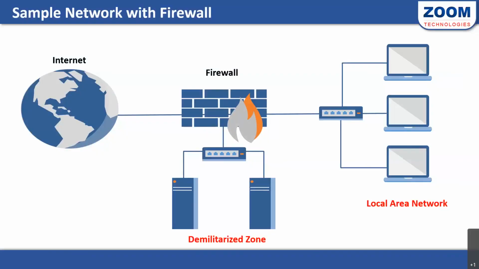This is how you have a simple network with a firewall installed. As I said, this firewall is sitting between the internet, which is a public network, and our LAN, which is a private network. Any traffic initiated by one of our LAN computers trying to reach something on the internet has to pass through the firewall. Or any traffic initiated from the internet and trying to reach one of our LAN computers will again have to pass through the firewall. So the firewall is a gateway device here.